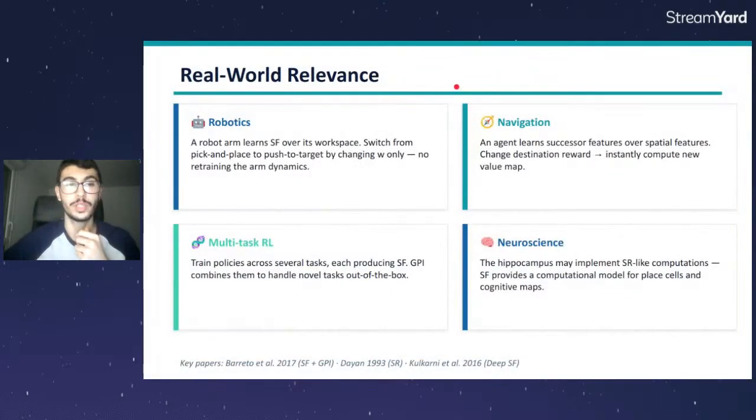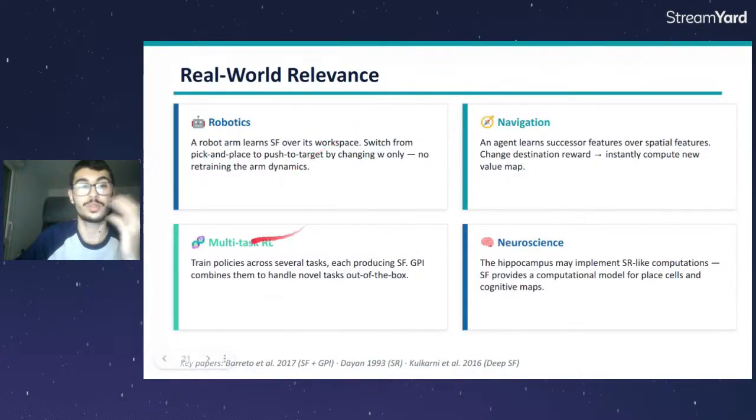Now, why is this important? As we said, for example, in robotics, when we try to train an agent to solve a certain task, it takes a lot of time, and changing the task requires new training. And so we try to find novel methods, like successor features, to train an agent independently of any task, so that once we define a task, we can directly switch without any further training, and we try to solve it. So that's the zero-shot capacity.